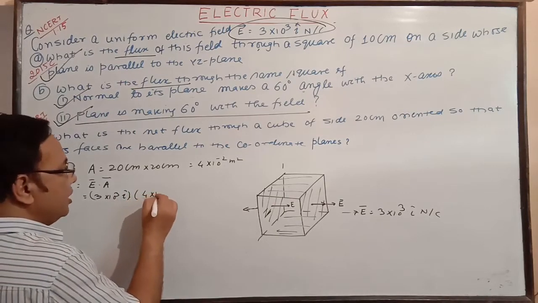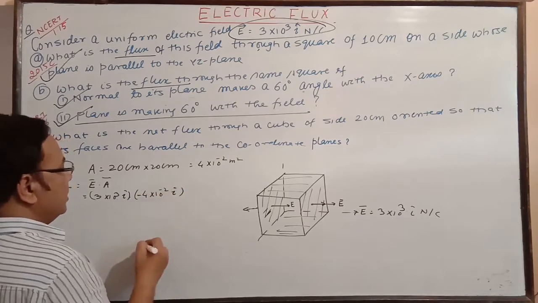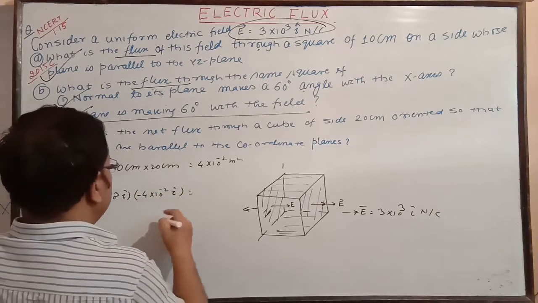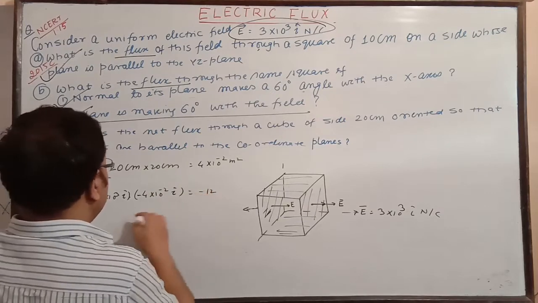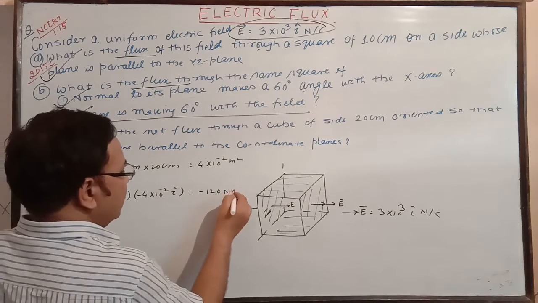So 4 into 10 to the power minus 2 into minus i cap, that is SI unit. So this is minus 4 into 3, 12 into 10, so minus 120 Newton meter square per